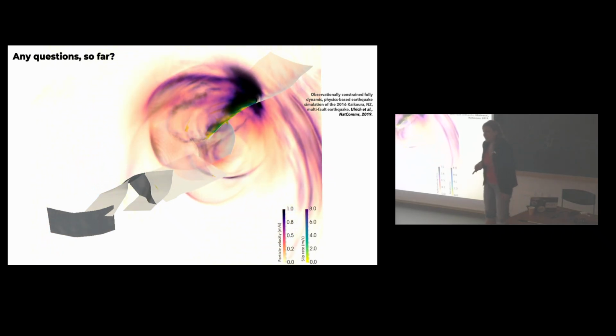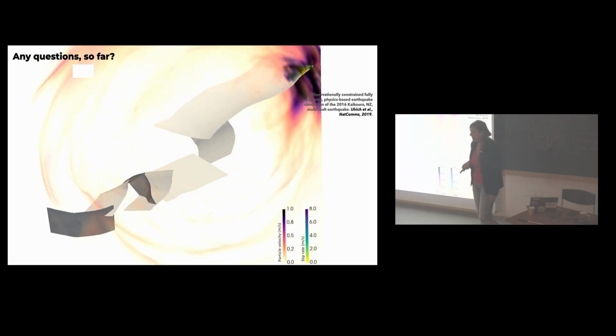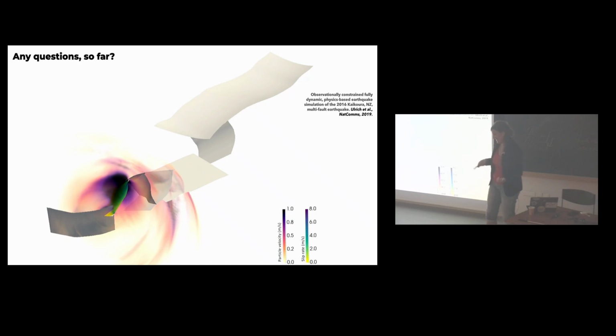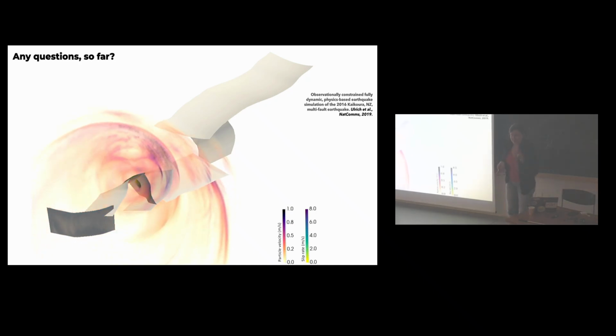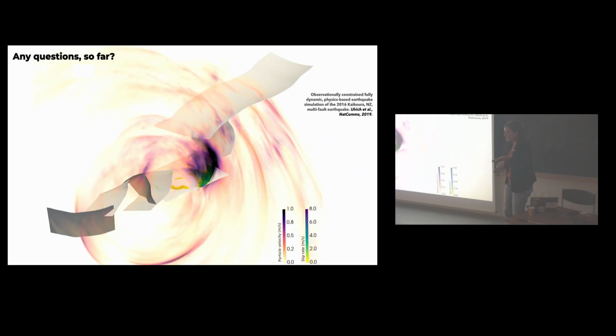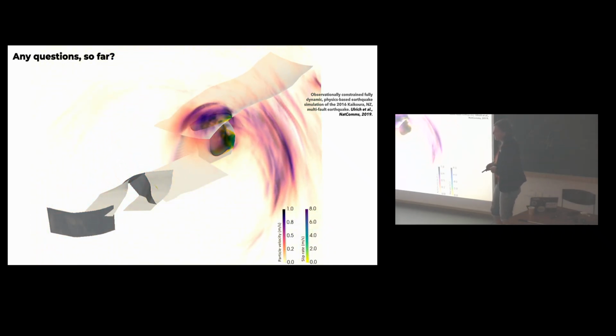So you mentioned that the high stress is concentrated at the nucleation patch. Yes. Is there any observational constraint? We argue that there is, but yeah, it causes a very rapid onset of rupture, which is something we argue you might see in some of the seismic observations, but yeah.